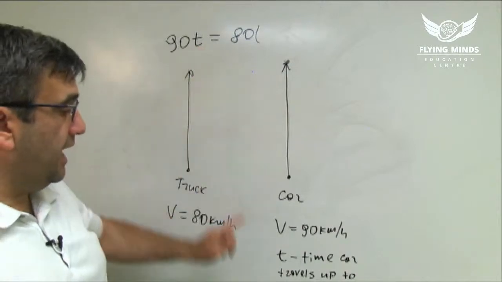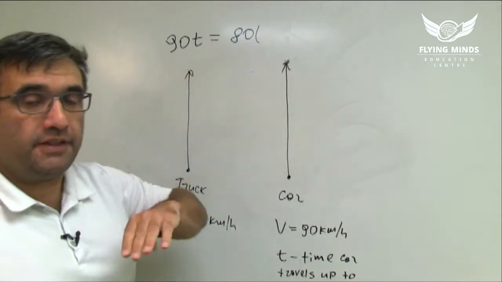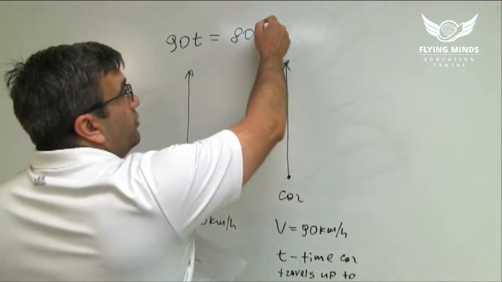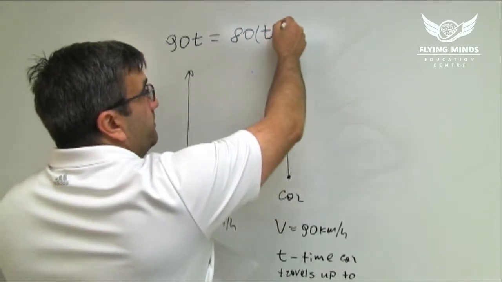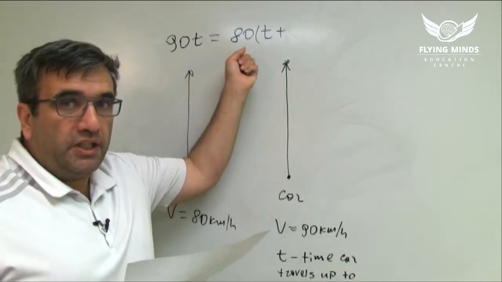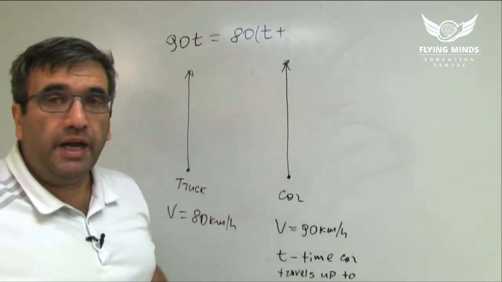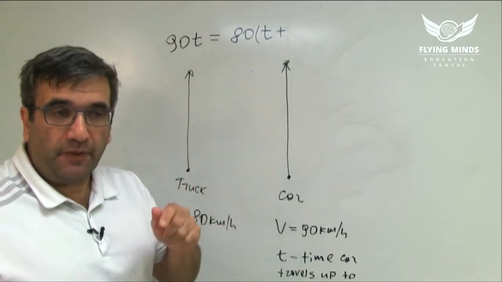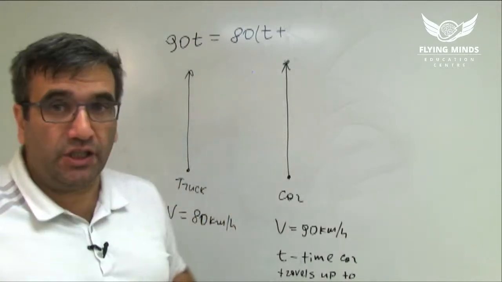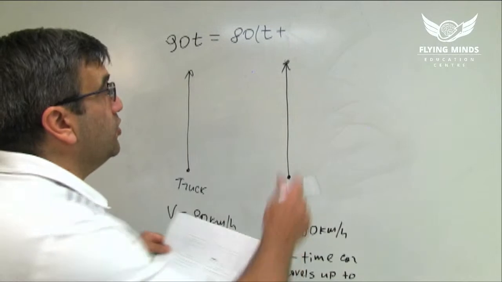If t is time that car travels, and we know that car left 30 minutes after the truck left, so it means that truck travels what time? T plus 20 minutes. And we should be careful because we need to convert time to hours, right? Because speed is given to us in kilometers per hour, but time that car left is 20 minutes, in minutes, right? So we need to convert minutes into hours. So 20 minutes is 1/3 of an hour, so it will be 1/3,